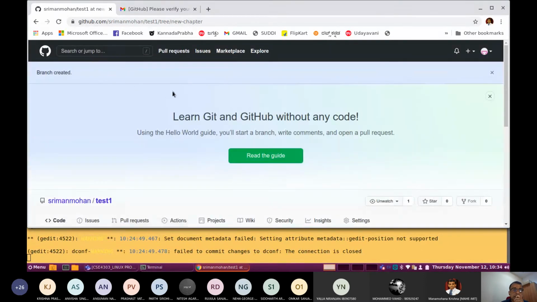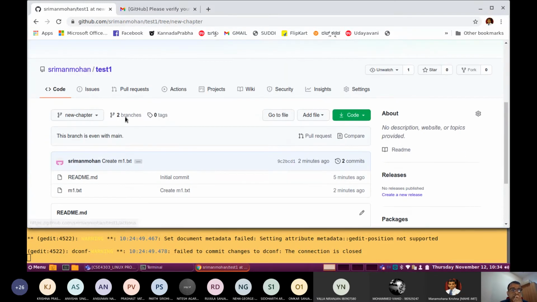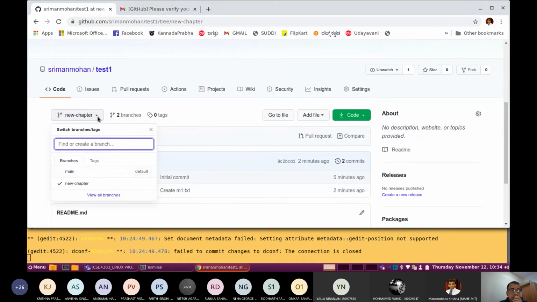You can get a message that one branch is created. You will get the branch information also. Now you are in the new chapter branch. There are two branches, the default branch as well as the new branch. Now you are in the new branch, and you can go back, switch between the branches.